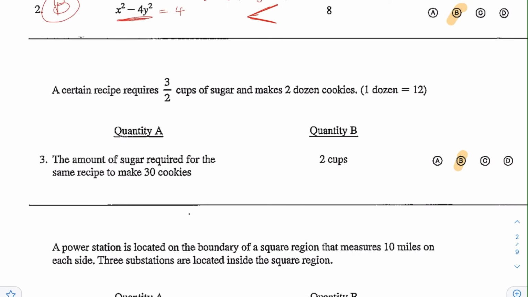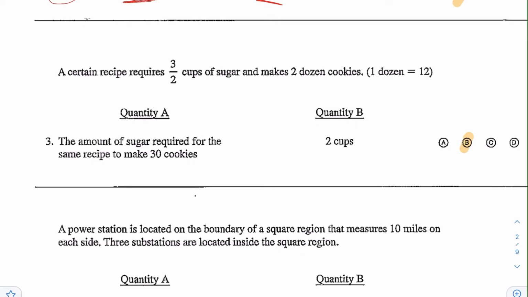Next, for number 3, you're given the info that a certain recipe requires 3 halves of a cup of sugar and makes 2 dozen cookies, so dozen is equal to 12. For number 4, column A, you have the amount of sugar required for the same recipe to make 30 cookies versus 2 cups. So if you know that 3 halves cups, or 1.5 cups, is going to make 2 dozen cookies, or 24 cookies,